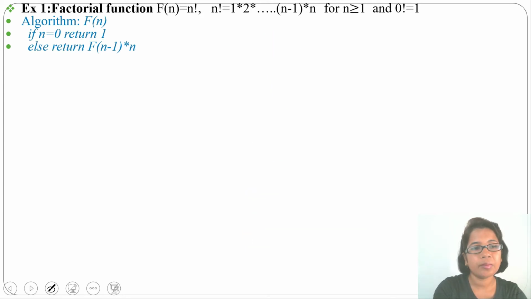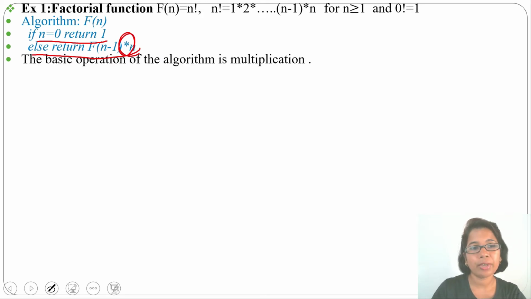In this algorithm, what is the basic operation? If n equals 0, it will run once, it will be executing only once, and rest of the time it is executing this else part. So basic operation will be this multiplication, and how many times we are doing multiplication, that will be our running time. So number of executions we can denote by M(n).